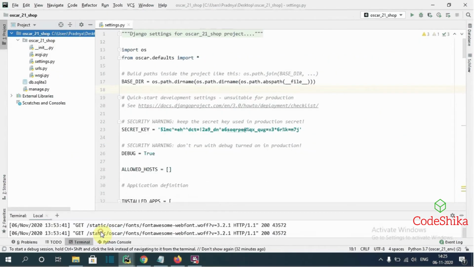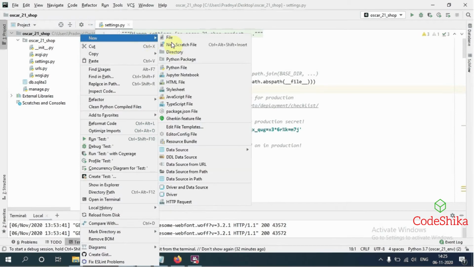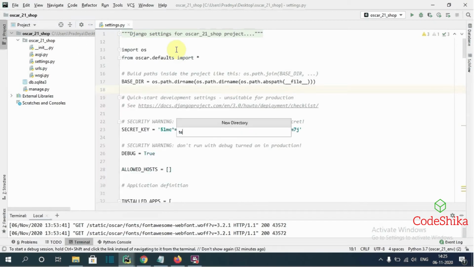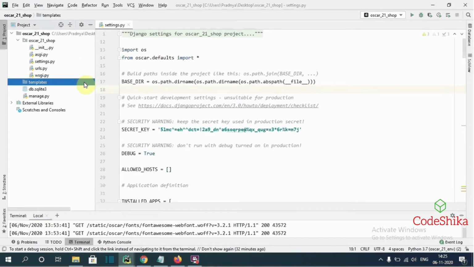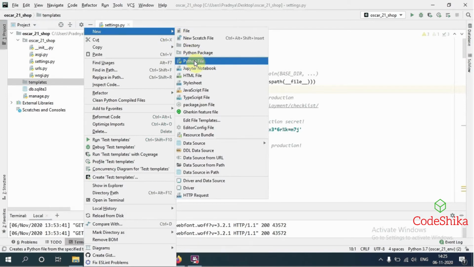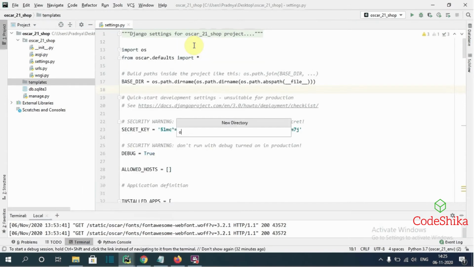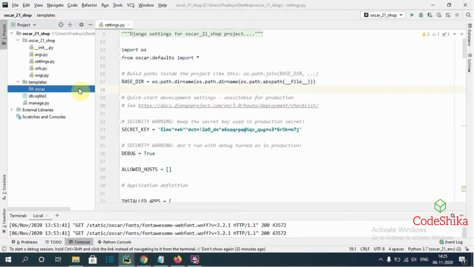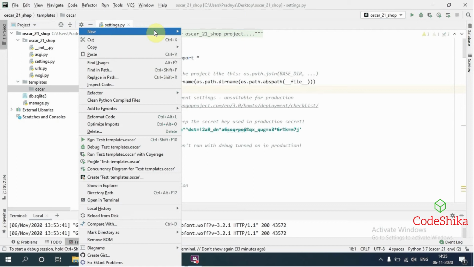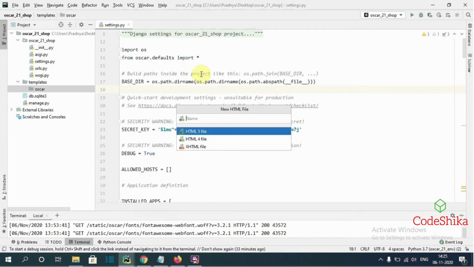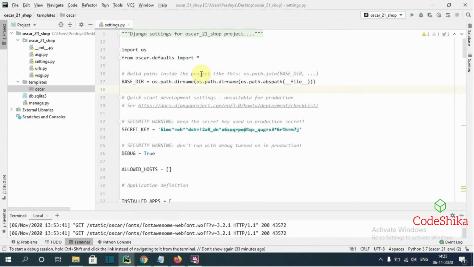So let's create a base.html in our project. First I will create the templates directory, and in that I will create the oscar directory, and in oscar I will create base.html.